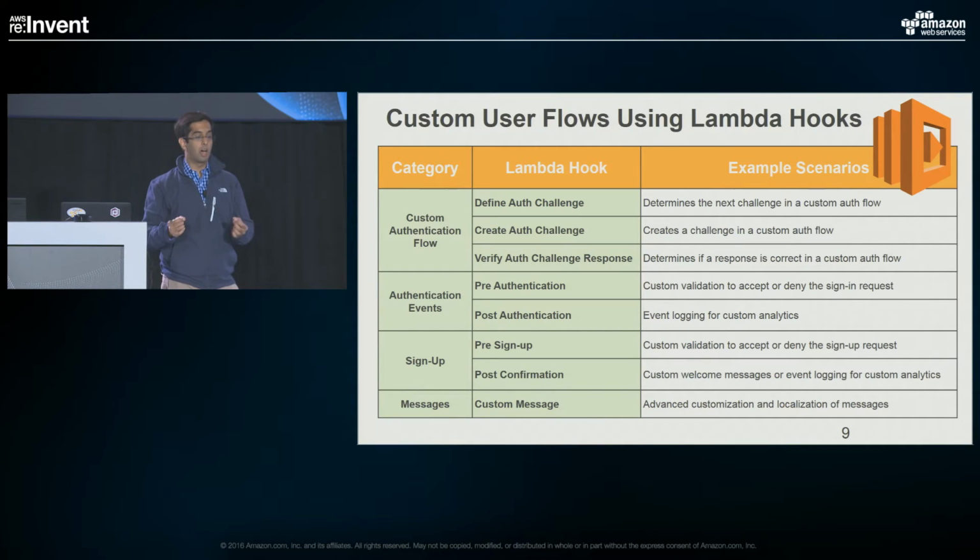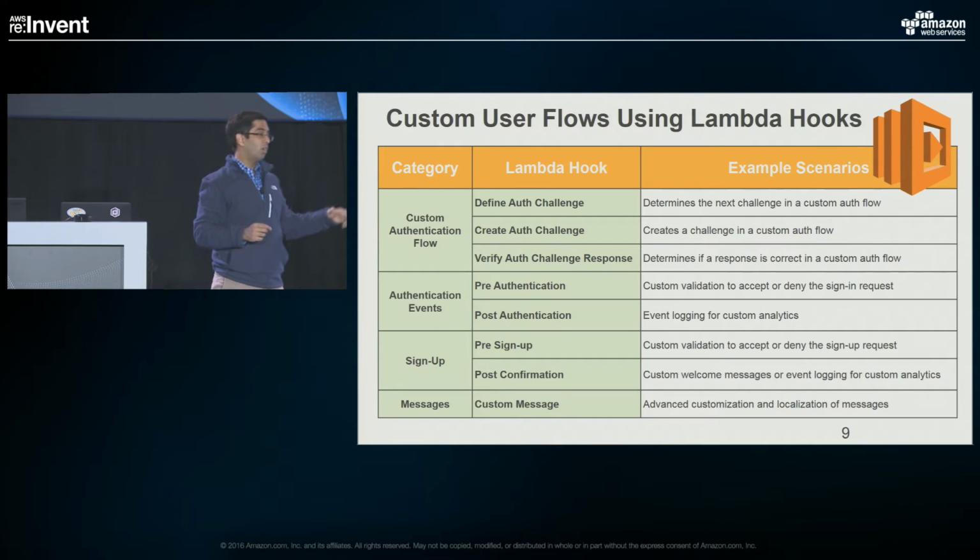Through the service, there's a lot of direct touch points with the customer. You're sending SMS messages, you're sending emails for email verification, and those are important touch points with your customers, so we allow you to fully customize those touch points. You can customize through a static template, through our console, so you can customize the language or HTML, but it's a static template that everyone will get the same one. Using the custom message hook, you can essentially make that a dynamic template depending on the user attributes. So if they're coming in from Japan, you can localize it. You can also personalize it for the individual person, say, dear XYZ.